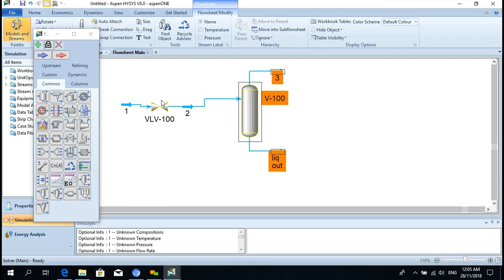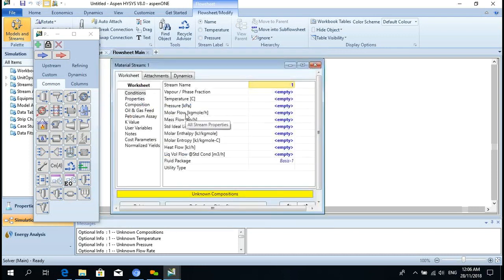Now click on the first stream. Double click here. Now go see conditions. Define conditions. Temperature, pressure. What temperature and pressure do you want to keep? Keep 20 degrees centigrade. And this is kilopascal, so you can put 2500.